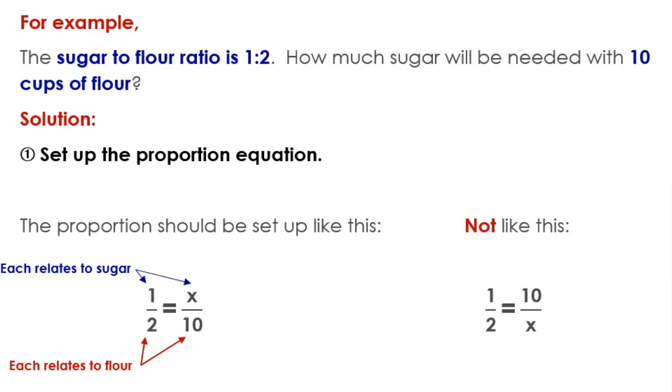Okay, so just to remind you again, I need to make sure that when I set up my proportion, the parts of it that relate to a particular substance need to be on the same side of the fraction. So notice that the 1 relates to the sugar and the unknown relates to the sugar. Okay, the 2 cups of flour and the 10 cups of flour. If I set it up improperly like I have over here, then I have this 10 cups of flour being related to, or equivalent to, in proportion to, my 1 cup of sugar, and that's not correct for this